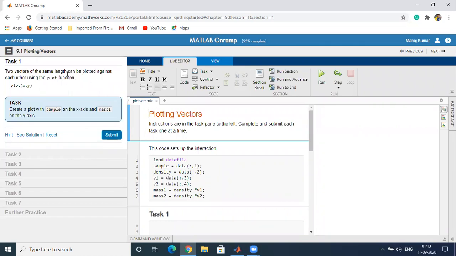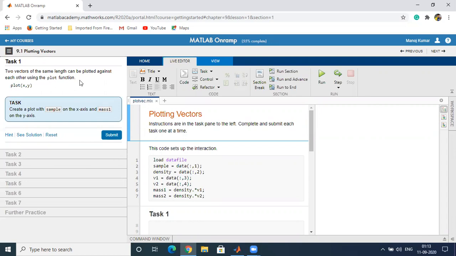Now in this chapter we will learn some commands about plotting of vectors and matrices, 2D plot, 3D plot. Two vectors of the same length can be plotted against each other using the plot function.